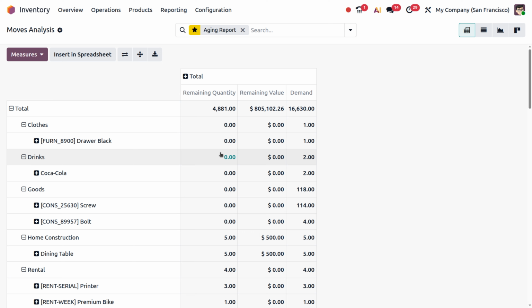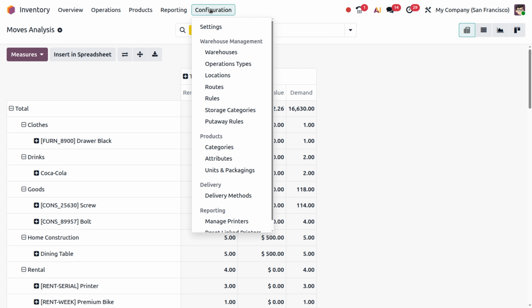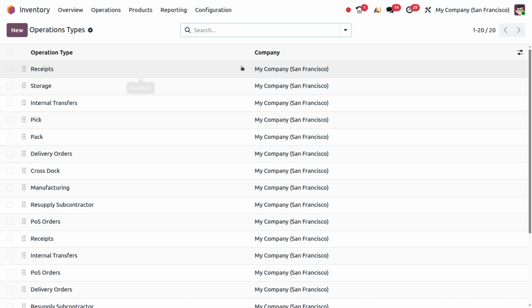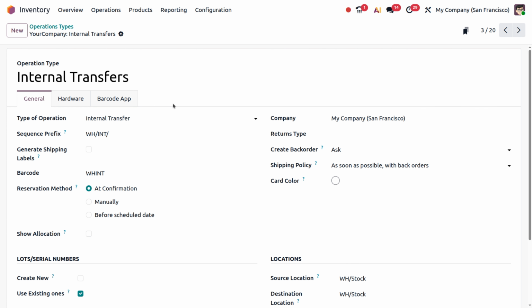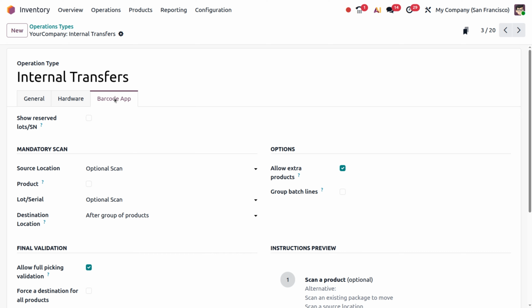Now let's look at the third thing, which is the barcode instruction preview. You can find the barcode instruction preview on Odoo 19.4 by moving on to the operation type, and I'm just selecting an internal transfer. For each internal transfer, there you can see three tabs, which are General, Hardware, and there we have the Barcode app. If I move on to that itself, okay, when working with any kind of barcode app